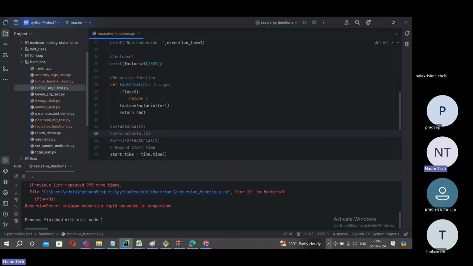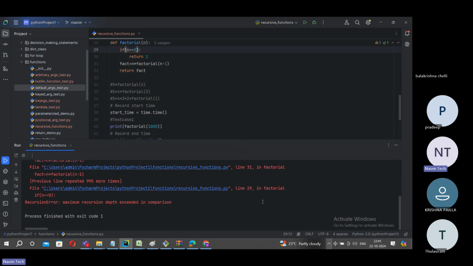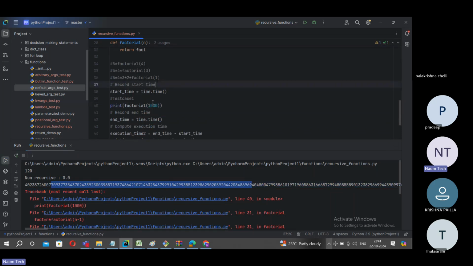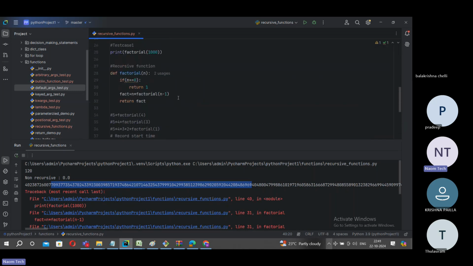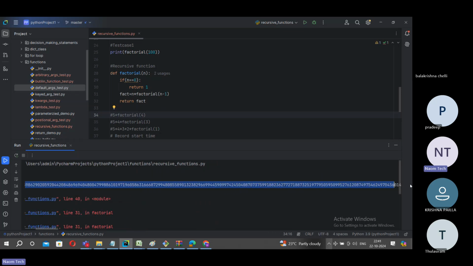Code-wise we don't have an issue. Factorial is fine, returning is fine, everything is fine. Why is it throwing this now? We corrected it, right? Oh, see here. Do one thing, just make it a simple value, because of this it is struggling. Put 100 and see factorial of 100 with the non-recursive approach. So this is the value we are getting. See this, with recursion of 1000, you can't even expect how